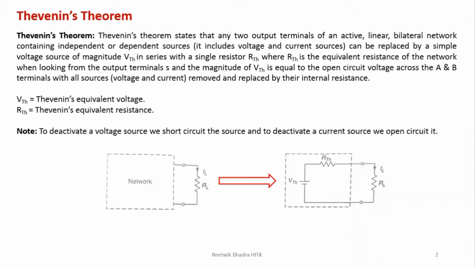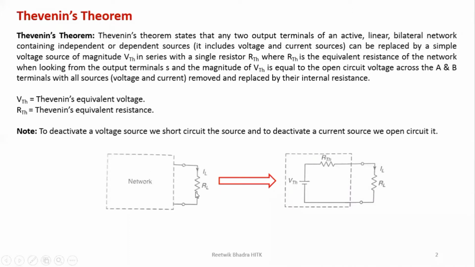So what is basically Thevenin's theorem? Now, I'm just going to explain the meaning through this statement. If you are given any circuit which is an active linear bilateral circuit consisting of any sources, they may be dependent or independent, but in our problems in first year we have only independent sources, that is direct voltage or current sources, not dependent sources. So that whole circuit can be simplified into a simple network. See, this is the whole network. If you see the diagram over here, it is a whole network. There can be 1,000 resistances, 1,000 voltage sources, 1,000 current sources.